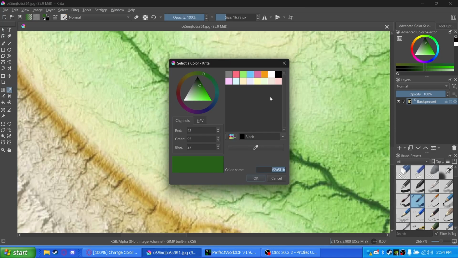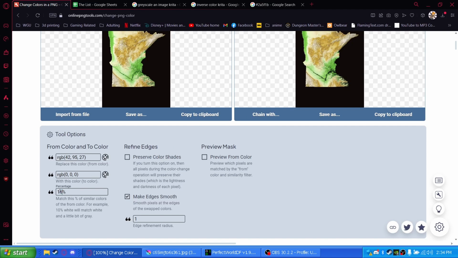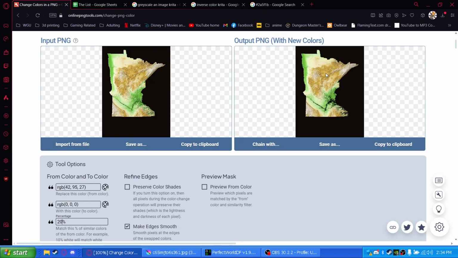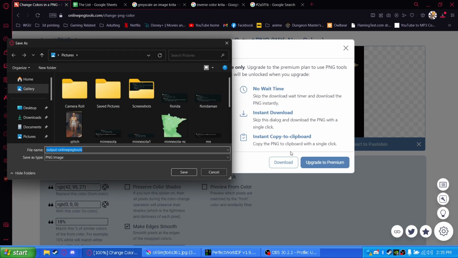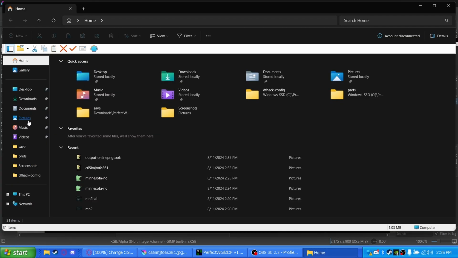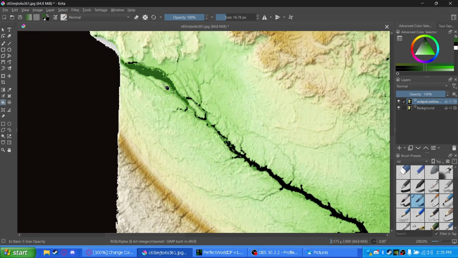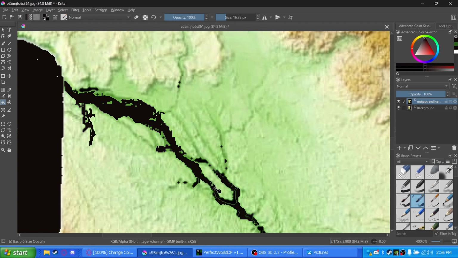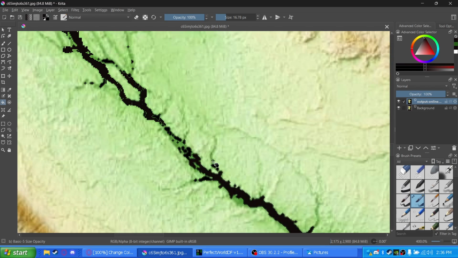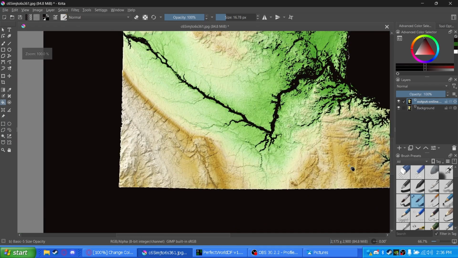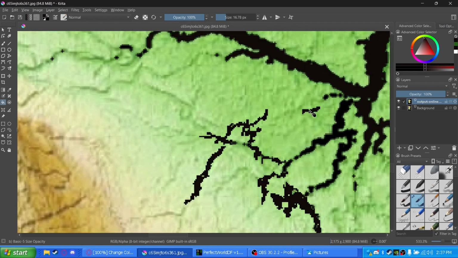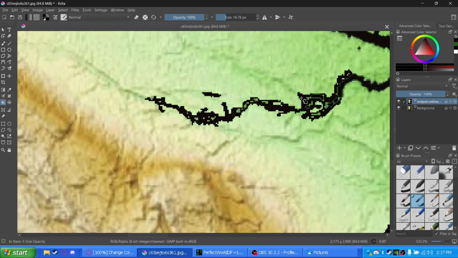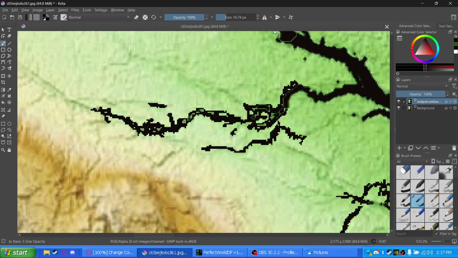So, after messing around a bit, I switch it over into our color picker, and I get to changing all of the water into as black as possible. And you might be wondering, well, you have the other map for the water as well. Why are you messing around here? The reason why I'm doing that is because on the Texas map, I noticed later on that you could see errors in the map itself from whenever I merged the two maps together. So I'm getting as much of it blacked out here as possible first